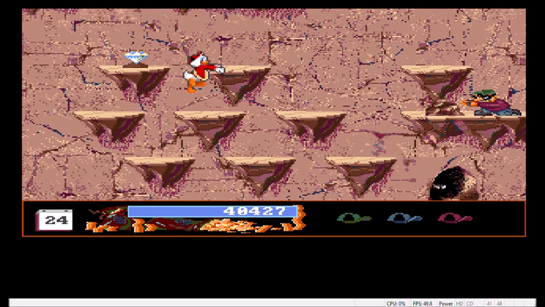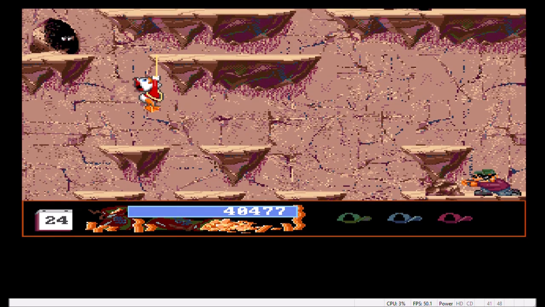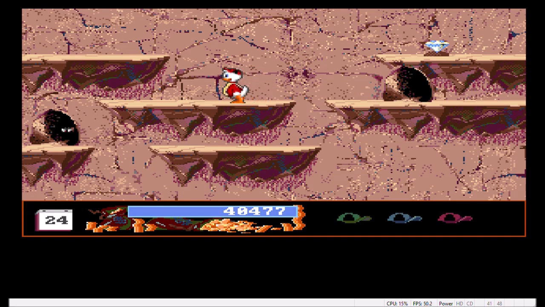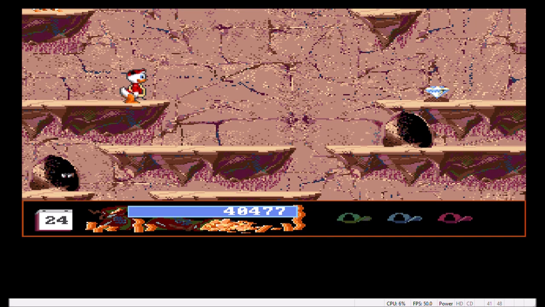I have to wait for him to shoot again. Yeah, that went well. Alright, let's get this one, why not? And let's go here. Now this cave is a trap actually. It goes all the way down. Okay, we see the boulder here. I managed to